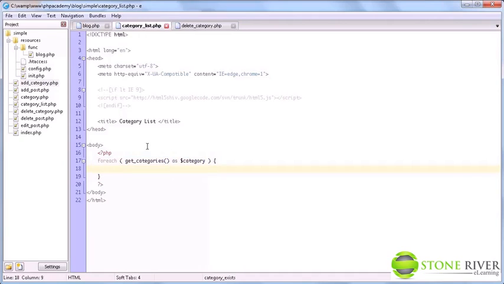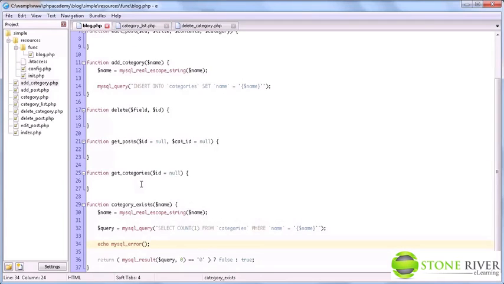So again, we have not made this get categories function yet, so we're going to do that now. So here we just need all the categories. We don't need to